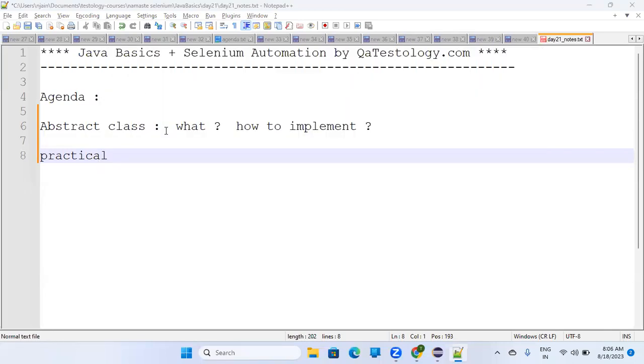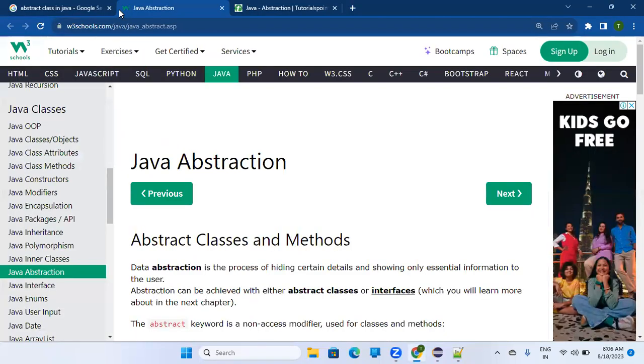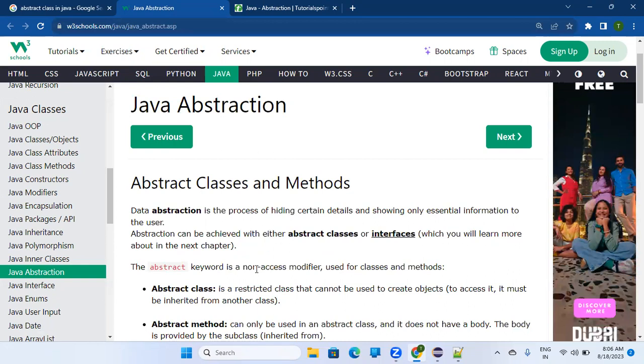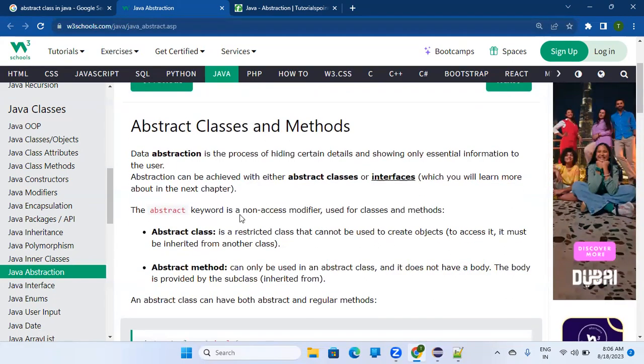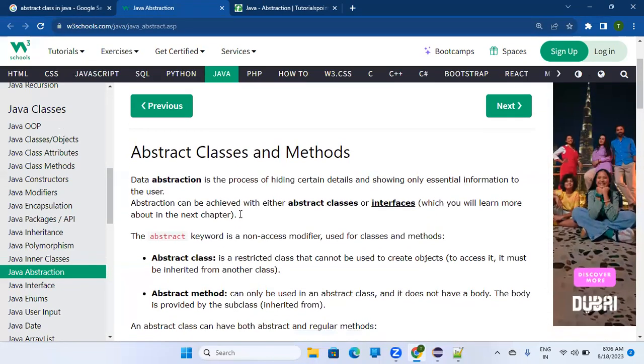To understand this thing, I am taking help of this particular blog, or the tutorial, from W3 Schools. They have defined it in a very good way. So under the Java abstraction chapter, they have mentioned what is abstract class and the methods. Okay. So first of all, abstraction itself is one of the object-oriented concepts in Java, which says that